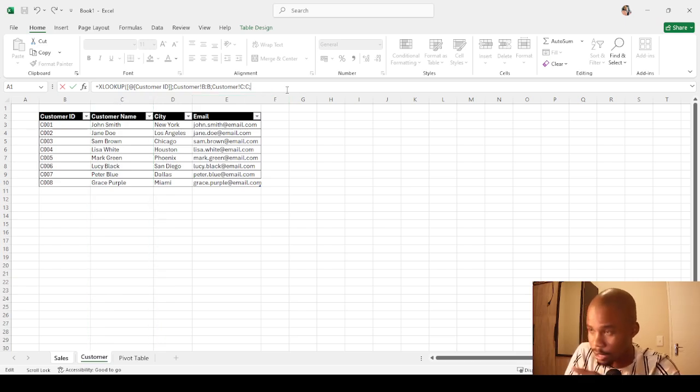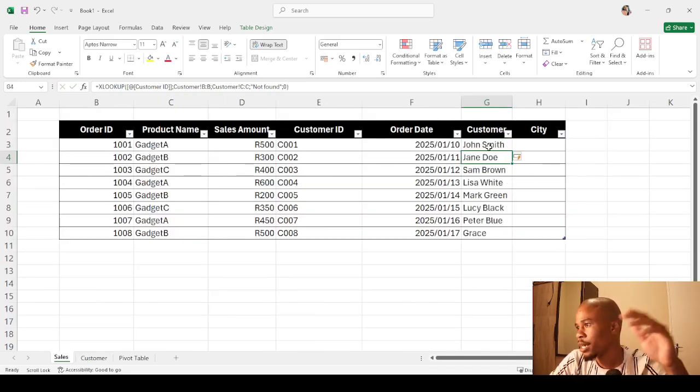If there is no information found, if there is no customer ID matching, then we want to populate information that says not found. Then after that we'll say 0 and then exact match. So we want to get the exact match. So we see now the customer name, there is John. John is the one that bought for 500, and then there's Jenny, there's Sam Brown, Lisa is the one that bought for 600 rand. And then we want to do the same thing for